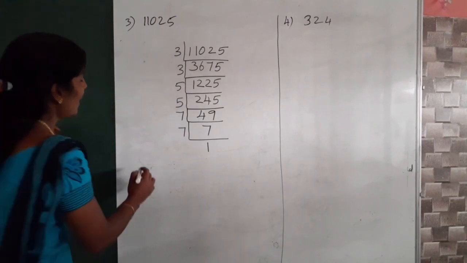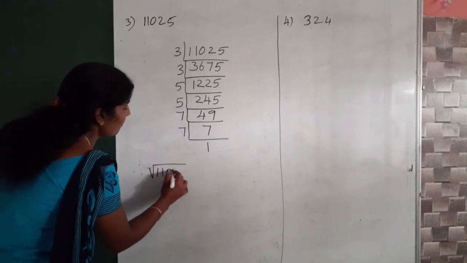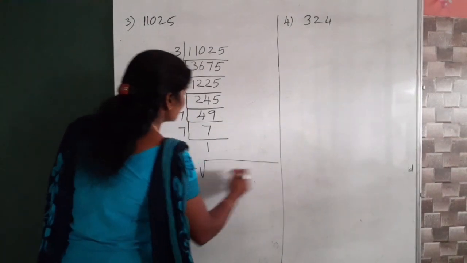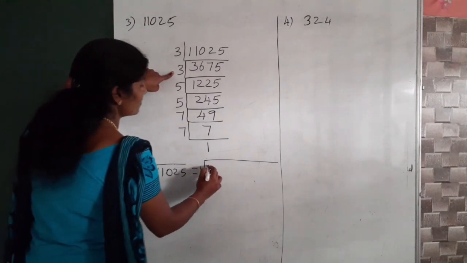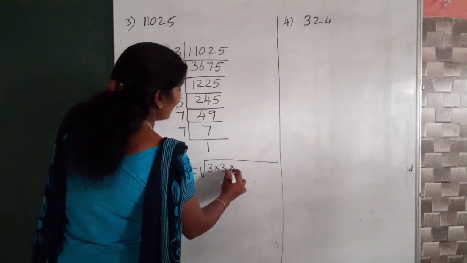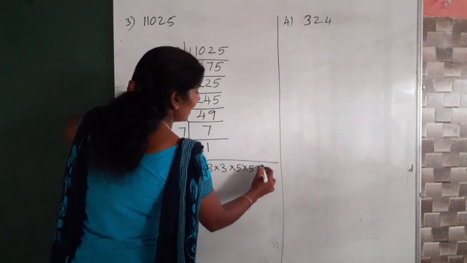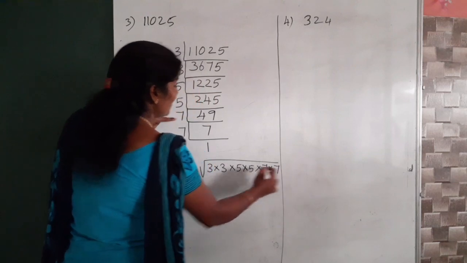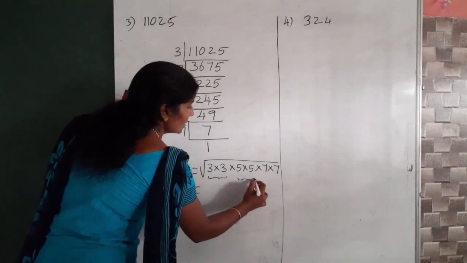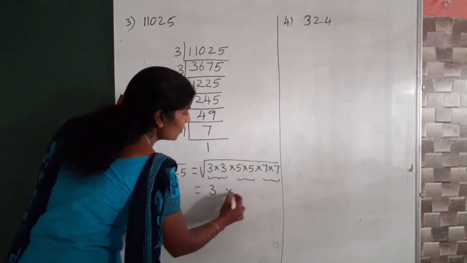Okay, now therefore square root of 11,025 is equal to, now we can write inside the square 3 2 times, 3 into 3, then 5 2 times, 5 into 5, again 7 2 times, 7 into 7. Okay, now we can take 2 in 1 outside, 2 in 1 outside. So 3 into 5